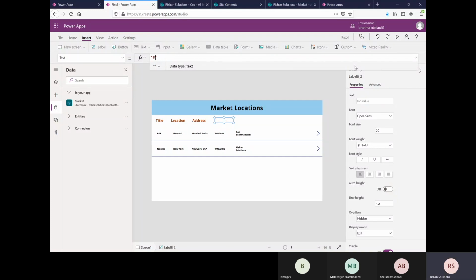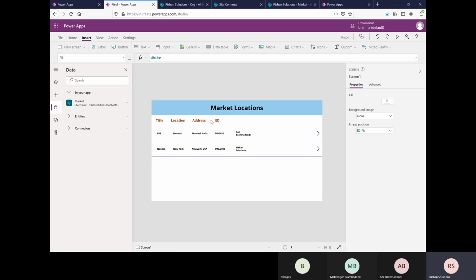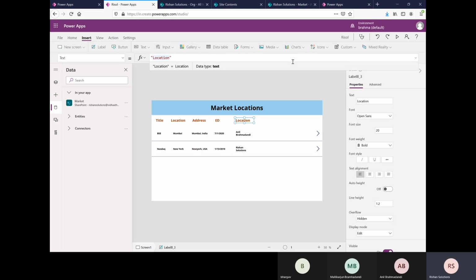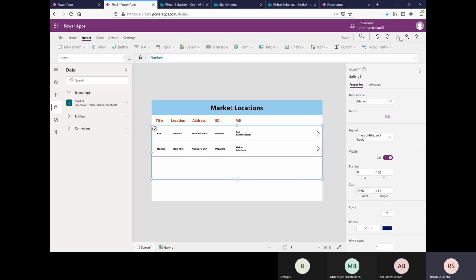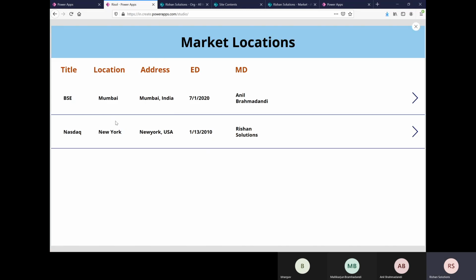Establish a date, then paste it and change it to end. Okay, and then run it. Now you can see the title, location, address, start date and end date. So this way you can easily create the gallery and you can get the data from a data